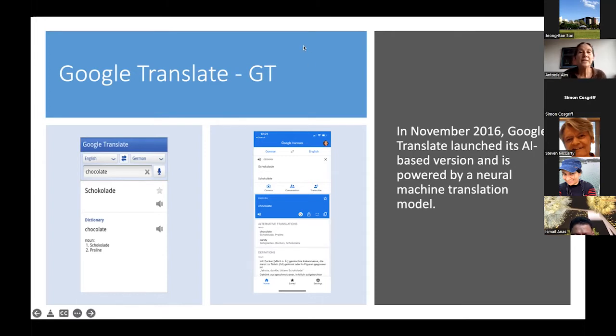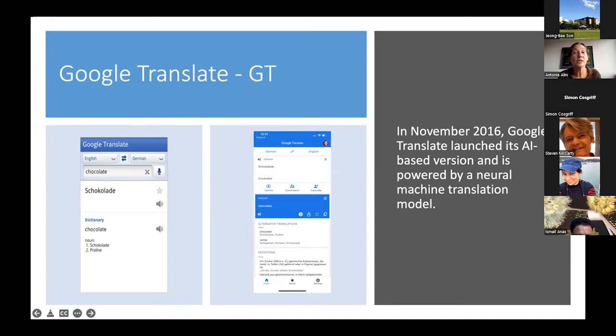So that means it has developed, and I'm not going to go into the technical aspects of that, but it's a much more accurate way of translating. It's just not going on the old rule-based system, but it's really taking those chunks of language which are fed by machine learning. So it's a corpus that grows. The more we put in, the more this corpus grows, and it will therefore also develop an accuracy over time. So Google Translate is a very well-known